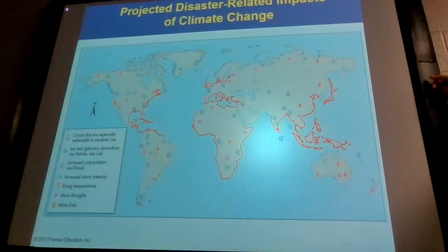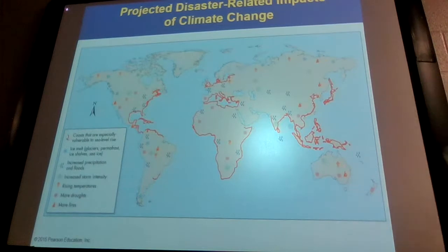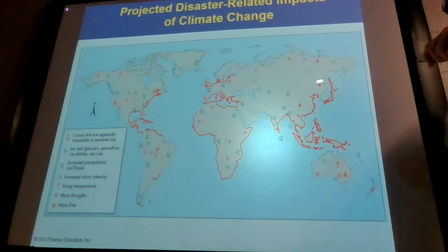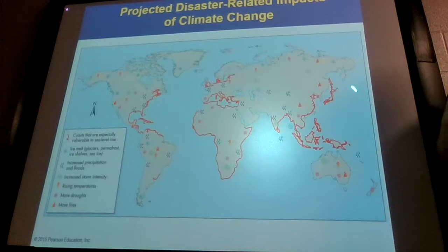And so I think personally, that's one of the biggest dangers of global warming: having so much of our coastline eaten up by the ocean, and so many people having to move. I mean, just this area right here, if you have a couple feet of sea level rise, you're talking about millions and millions and millions of people that have to move.